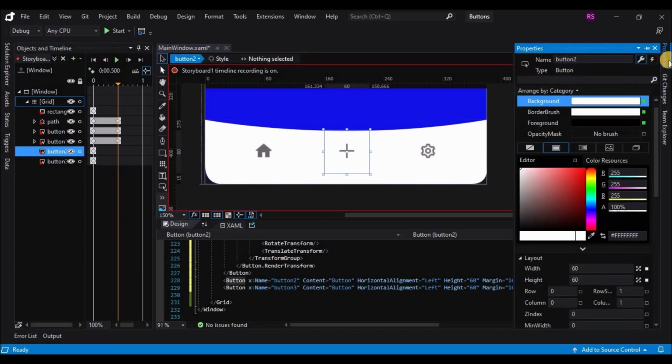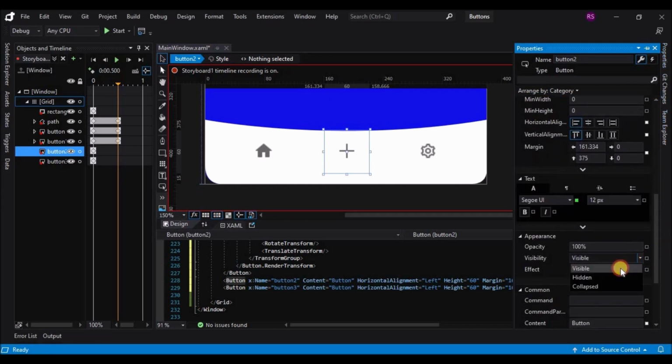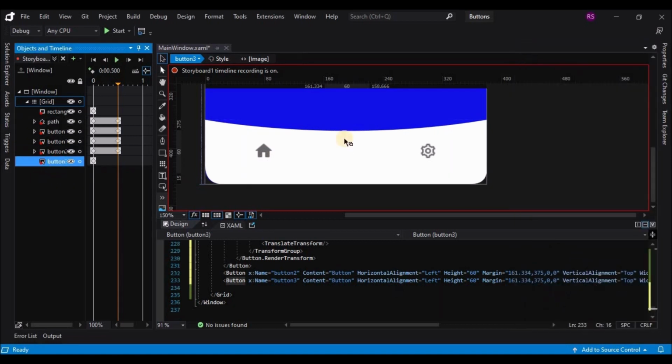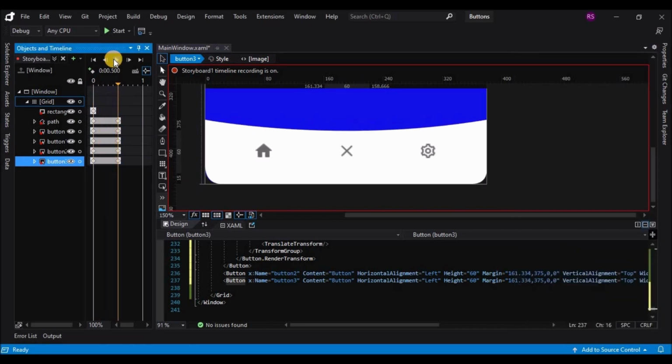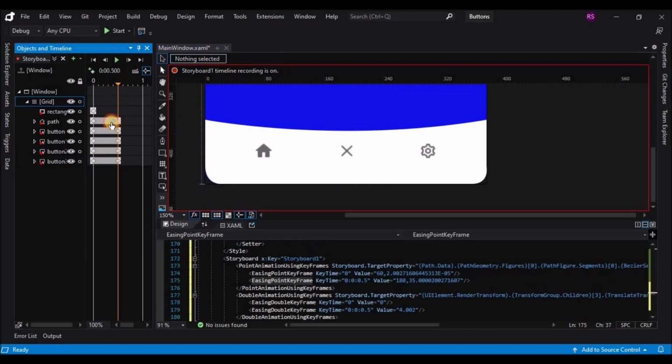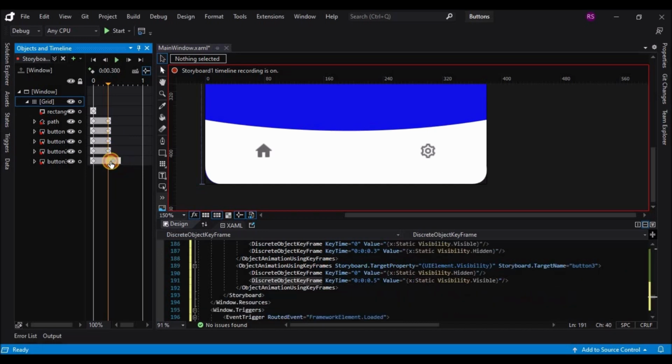So now if I run the animation, you will see that it is skewing to the center, but the animation is a bit slow, so I have to change the keyframes to 0.2 or 0.3. So if I run the animation now, this looks much better. So this is the last position of the animation. I want to continue from here for the second animation that I'm going to create.